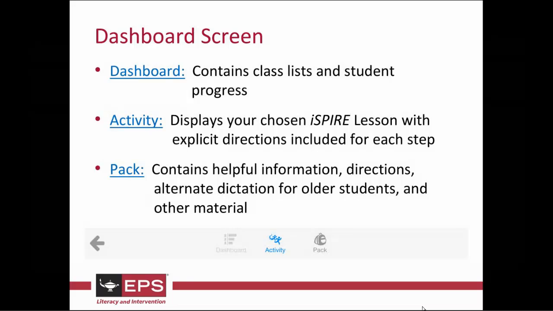And then at the bottom of that screen, you have 3 icons. And this is really how you move yourself through the different attributes of the program. So you've got your dashboard. That's where you go into automatically for each lesson. It gives you the class list and where you are within that lesson. So the 10 steps are there, and you've got a little person that is progressing through those 10 steps for